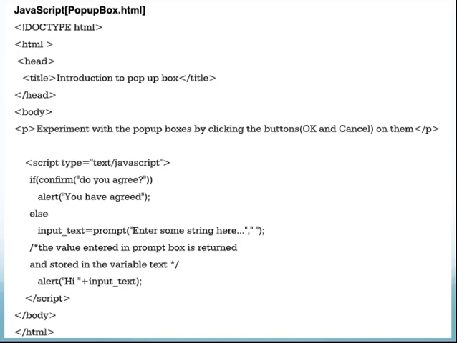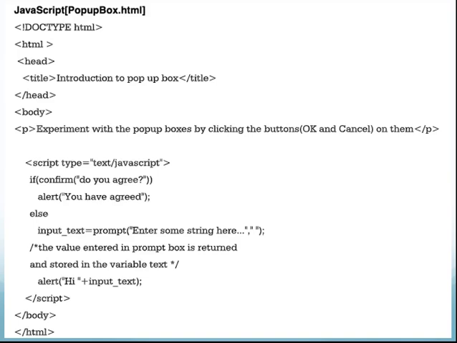Else, if you click on the cancel button, it will display a prompt box where input text is equal to prompt, enter some string here. The prompt box will ask you to enter some string, and then alert hi plus input text.